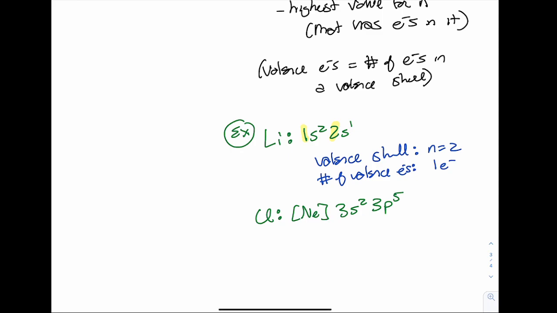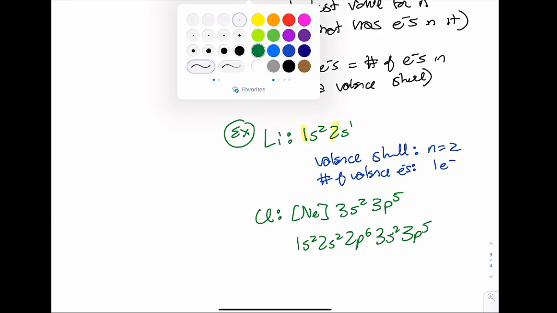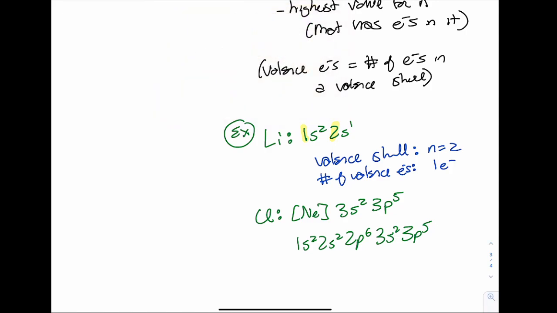And if I wasn't to draw the shortcut, now that I drew it, I'm going to do it again without it, just so you can see the difference. 1s2, 2s2, 2p6, 3s2, 3p5. Right, my valence shell is my highest value for n, so it's going to be shell 3, right? I have shell 1, I have shell 2, and I have shell 3. 3 is bigger than those other numbers, so my valence shell